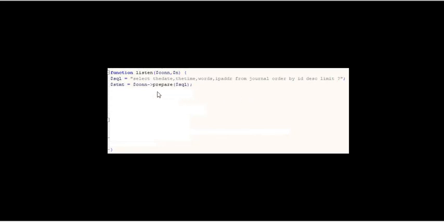So we prepare the SQL statement and then we bind it and say, yeah, it's got to be an integer, I comma $n. So by binding that parameter, that must be an integer. Execute the statement, store the result, bind the result to $D, T, W, and IP, because that's what we have: date, time, words, and IP address. And then I have a while statement, of course, statement fetch. So it's going to